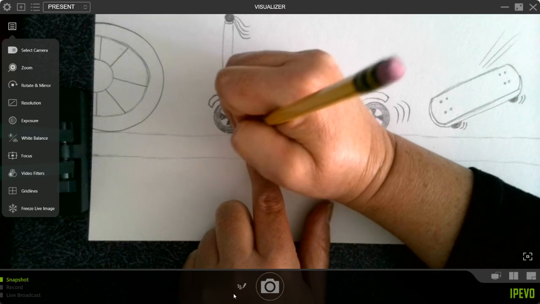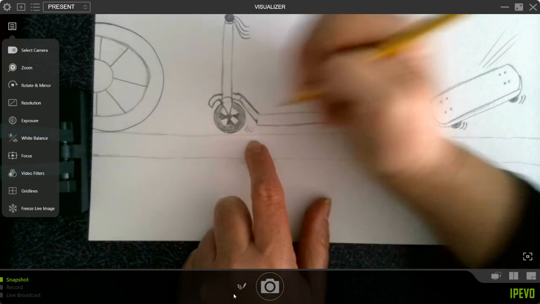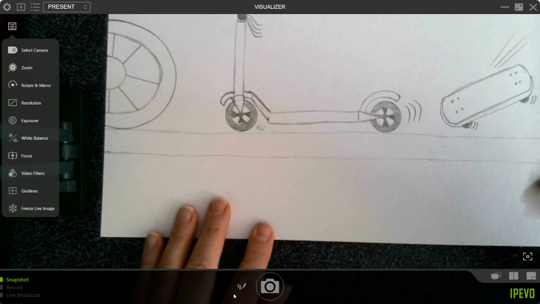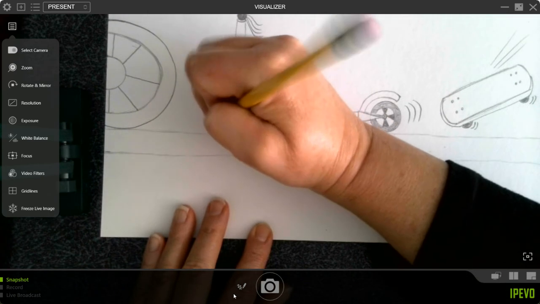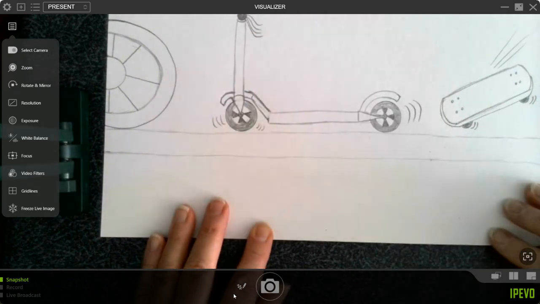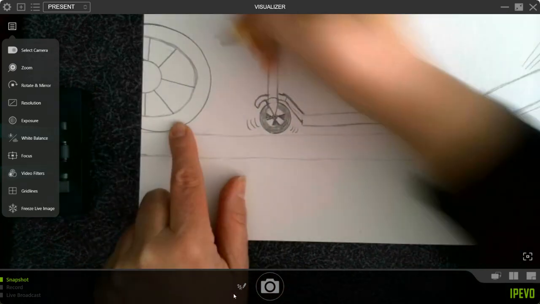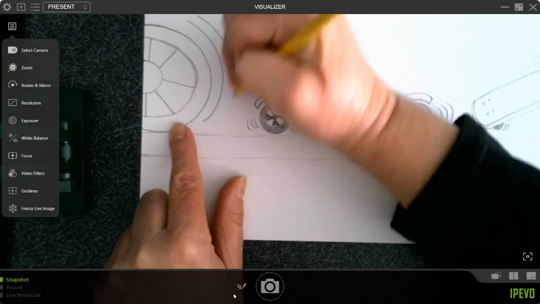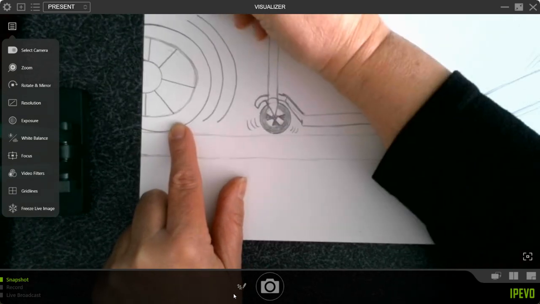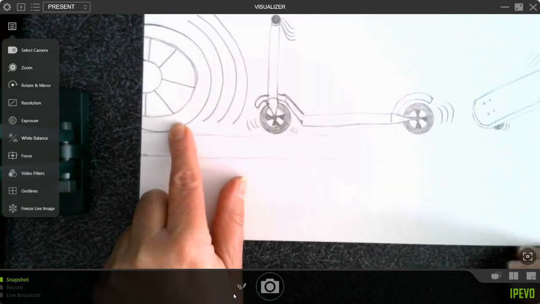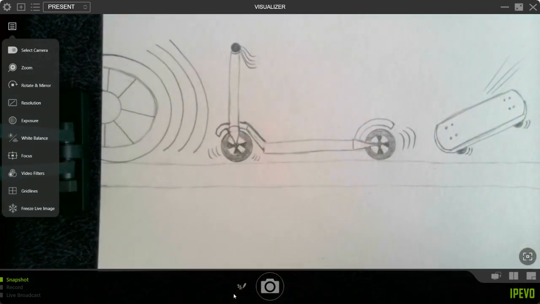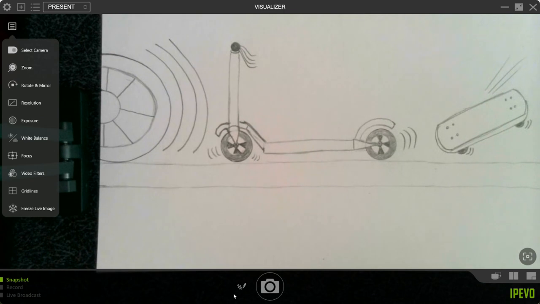And then we're going to do some smaller action lines around the front wheel. And some larger ones. Now let's think about that bicycle wheel. We're going to add the largest action lines around this. 2 or 3. All right, so now we've drawn our wheels in motion, and you're going to see my screen change